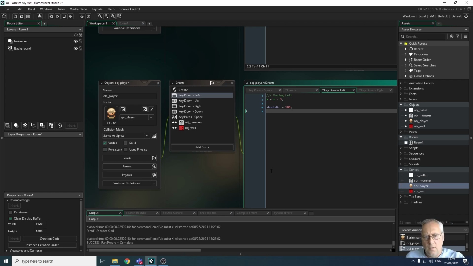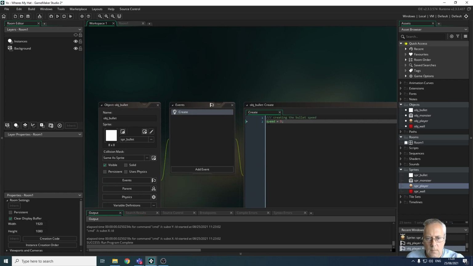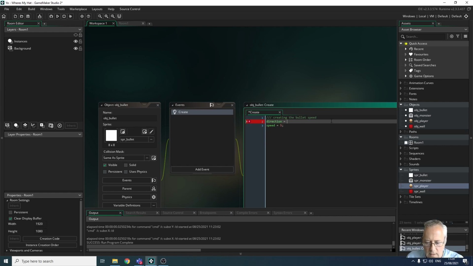So the last thing I need to do to get this bullet to fire properly is to go into the create object of my bullet. I'm just going to do this before my speed command. You don't have to; you can do it after your speed command if you want. I am going to type in my code now to give my bullet its direction. So I want to set the direction, because don't forget direction is an inbuilt variable, to be equal to